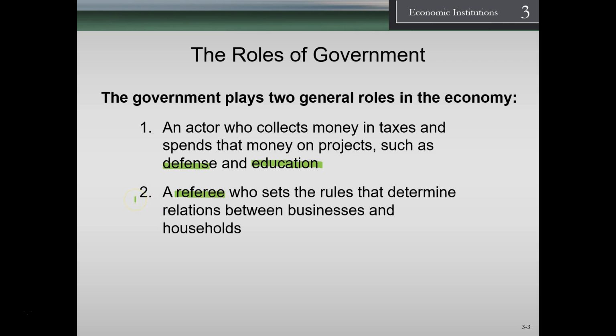The other way that we see the government is as a referee oftentimes, and it's a good way to explain the role of the government in a lot of ways: to determine relations between business and households. And you can also think of the relationships between businesses and businesses. When you think of a rule, we're going to say everybody's going to look after their own self-interest, and in so doing, everybody's better off unless they cheat, right? Which means that someone could have gains in such a way that makes people worse off because they're not looking at the rules. What kind of rules might we need in place in order for things to work well?